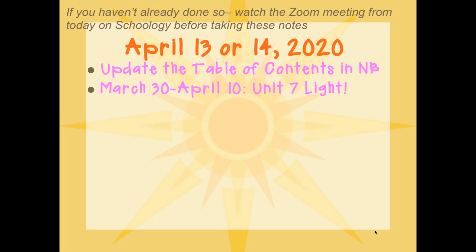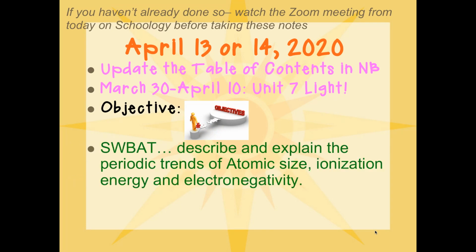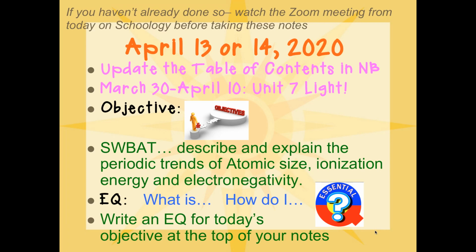Okay, so with that little piece of logistics organization taken care of, let's get into our topic for today, Unit 8. What you're going to be able to do today is to describe and explain the periodic trends of atomic size, ionization energy, and electronegativity. So some new vocab words possibly there, and it's a big deal. This is a big, big topic. This is something that chemists get really excited about. As chemists, I'm going to be able to explain some really cool things about the periodic table with you